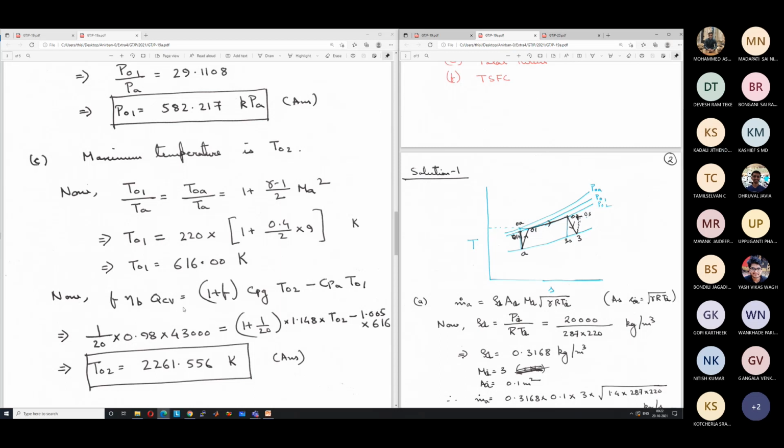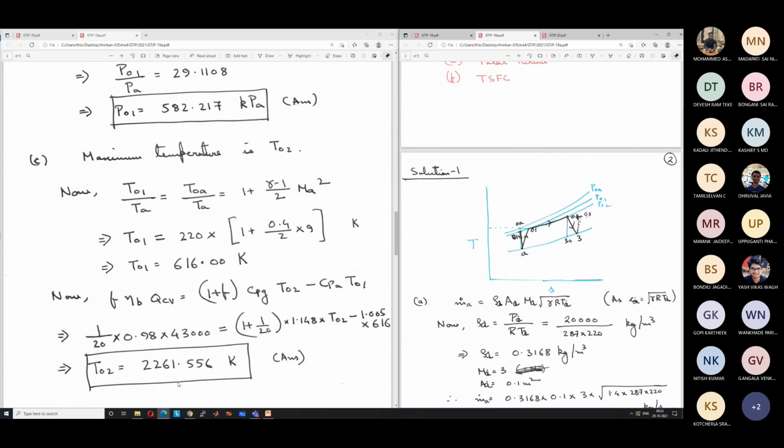If you write this in joule per kg, then accordingly Cp also you write in joule per kg. You have to be consistent with the units. Otherwise, it will lead to error. So 43,000 kilojoule per kg is equal to 1 plus 1 by 20 into 1.148 kilojoule per kg Kelvin into T02 minus 1.005 kilojoule per kg Kelvin into 616, which is T01 we have found. So here the only unknown is T02. We find the T02 value, which comes out to be